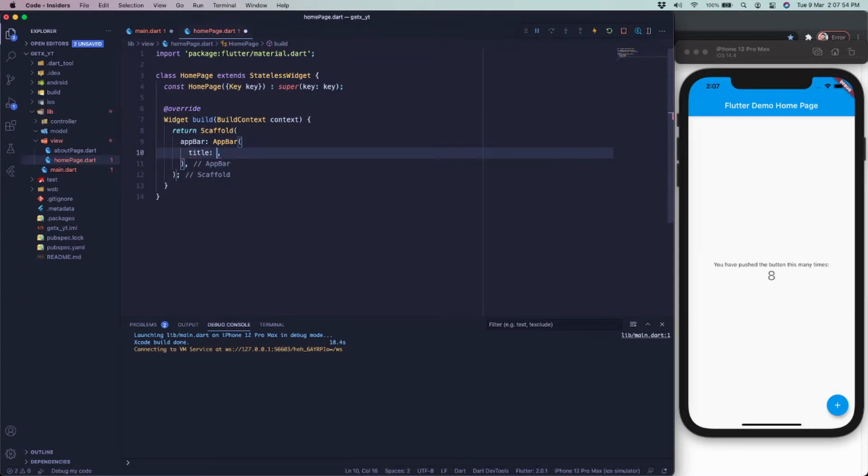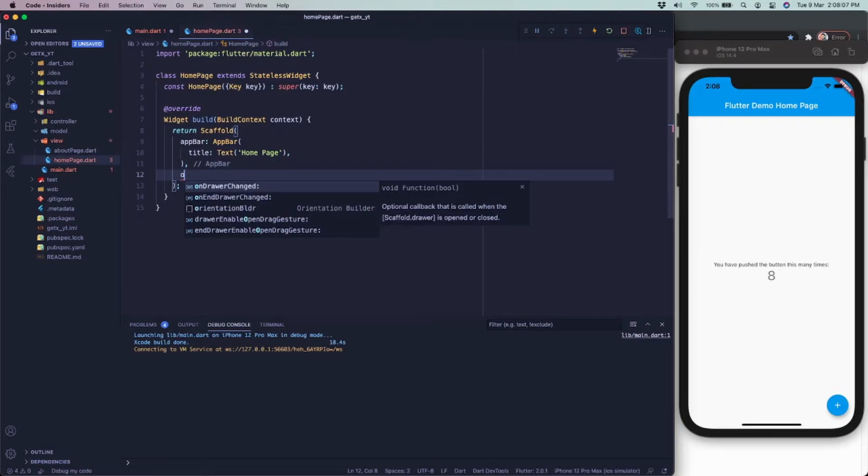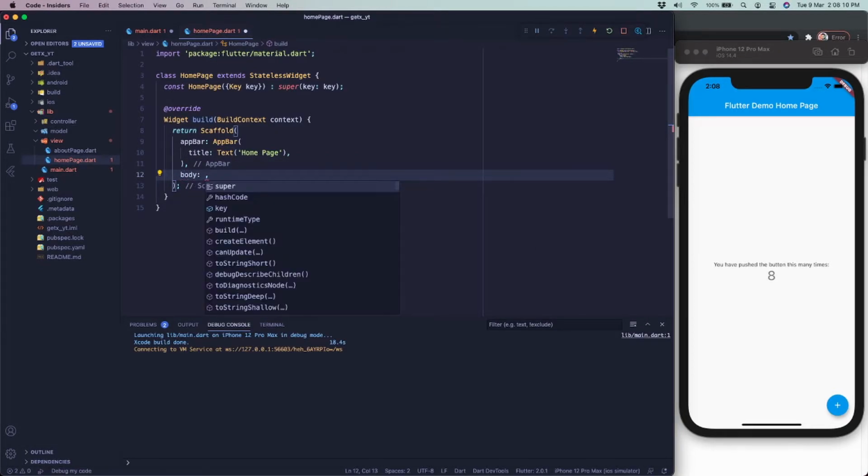Here we'll go with the title, so title would be text. So text widget, so I'll put this one would be homepage. So currently this is the title, and the next go for the body. So in the body I'll use